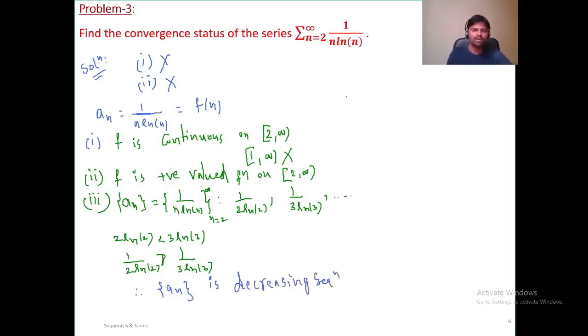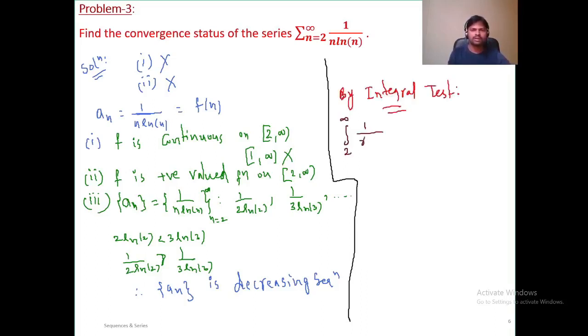Therefore now we can apply the integral test. All 3 conditions compulsorily need to be satisfied, then only we can apply the integral test. If any of the 3 conditions is not satisfied, for example the first 2 conditions are satisfied but the third condition is not, then you should not apply the integral test. All 3 must be satisfied. So therefore by the integral test,